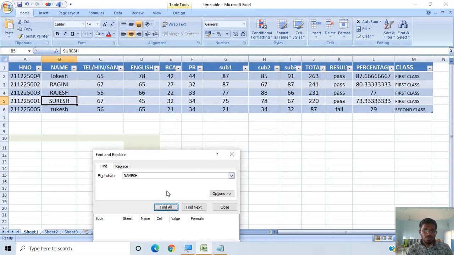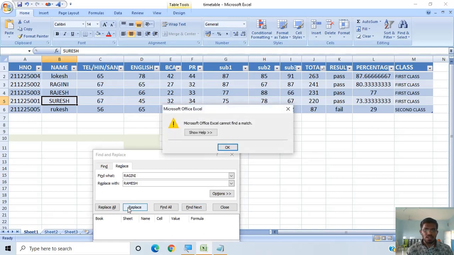If you want to replace the data, that means if you want to replace the name from one to another, here Ragini is the name there. Yes, Ragini is the name, and I want to replace that name with Ramesh and click on Replace. Don't click on Replace All, otherwise each and every name will be automatically replaced with Ramesh. I only want to replace the Ragini name with Ramesh, so clicking on Replace, then the Ragini,